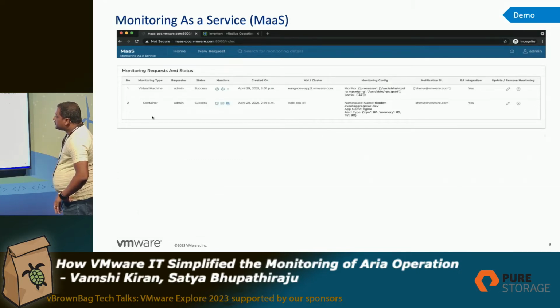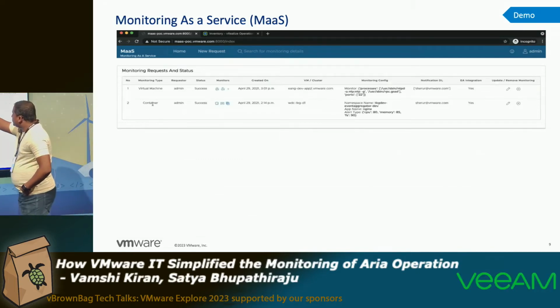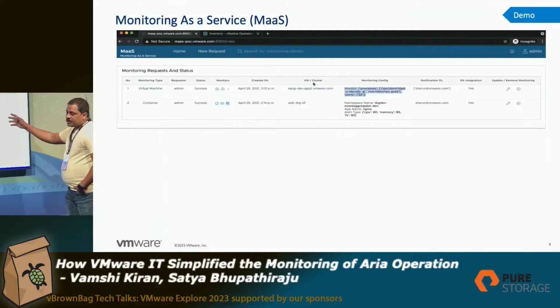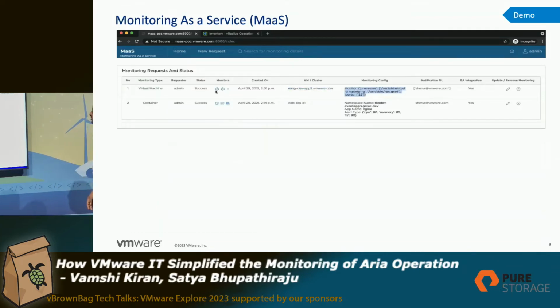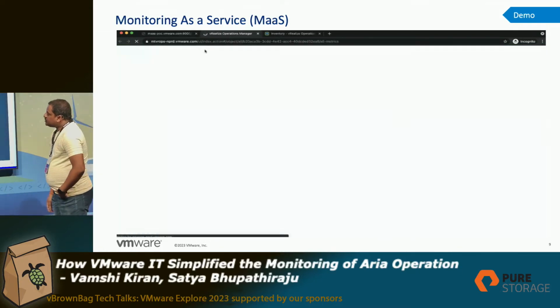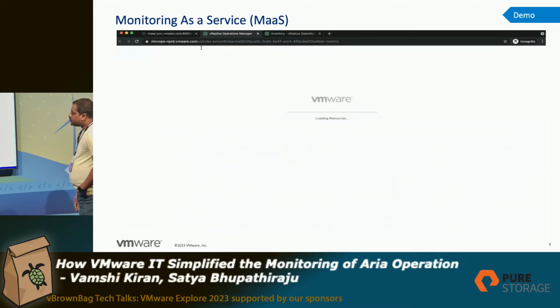You can see here the virtual machine, and here are the process ports, and this is a DL which enables the alert notifications. This is for our EA integration, which is a webhook for a centralized alerts view. And here you can see the monitoring status of those components, process ports and virtual machines.